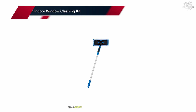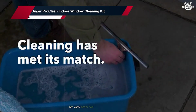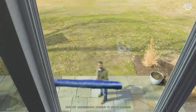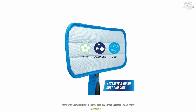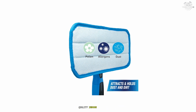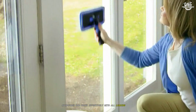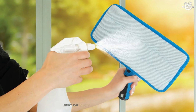Number 4. Unger ProClean Indoor Window Cleaning Kit. The Unger ProClean Indoor Window Cleaning Kit secures the 4th position with its comprehensive approach to window cleaning. This kit represents a complete solution rather than just a single tool, including everything needed for professional quality indoor window cleaning. The washable, reusable microfiber pad works effectively with all leading glass cleaners and consistently delivers clean, streak-free results that